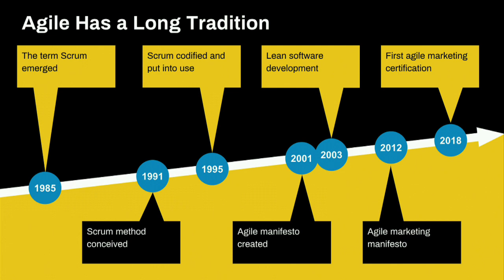And by putting a name on it, by calling it Agile and writing the Agile Manifesto, they gave the community a thing to talk about and a thing to build community around. And so there was practice sharing, and that really drove the adoption of these practices. Fast forward another 11 years, marketers' world was taken over by software. We're facing a lot of similar challenges. Some smart marketers got together and interpreted that document and wrote the Agile Marketing Manifesto. Fast forward to just last year, and the first certification for Agile Marketing was launched by IC Agile,